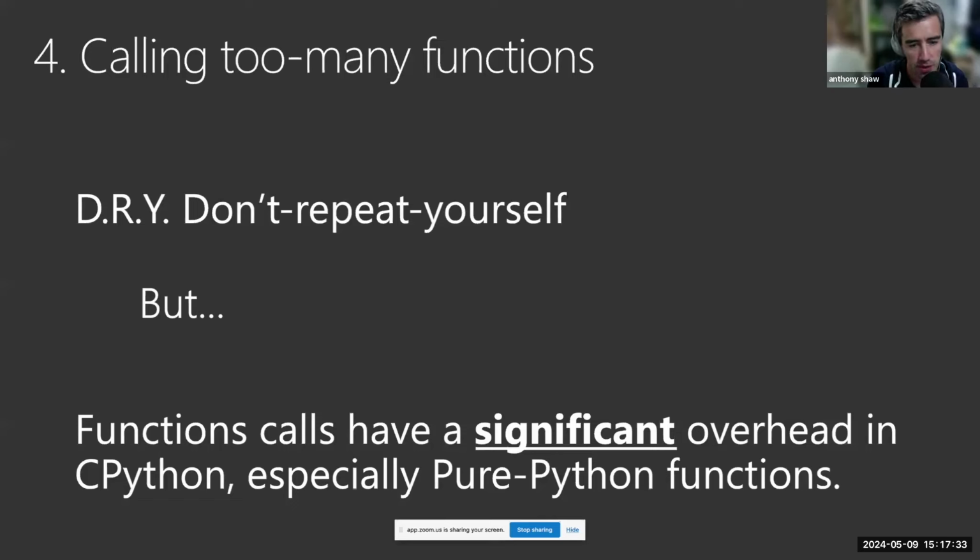So something that I found with the NES emulator when I read the code was that the developer had made lots of one-line Python functions that were called millions of times. This makes the code really readable and easy to understand, but it made it incredibly slow. So at the moment in Python, if you have lots of one-line functions, this can be a massive cause of slowdown in your code base.